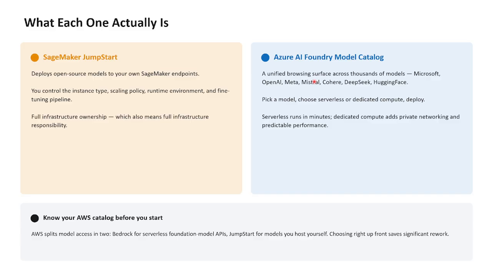So know your AWS before. AWS splits models: you have Bedrock for the serverless foundation model API, and JumpStart basically for models you host yourself. So choosing the right one will save you